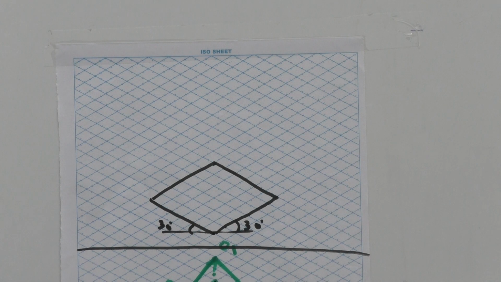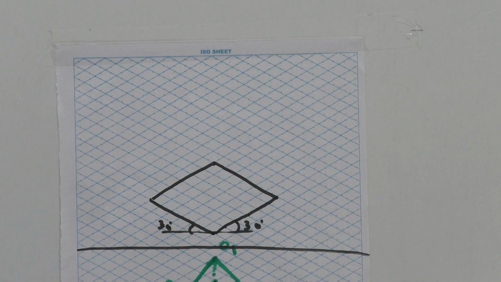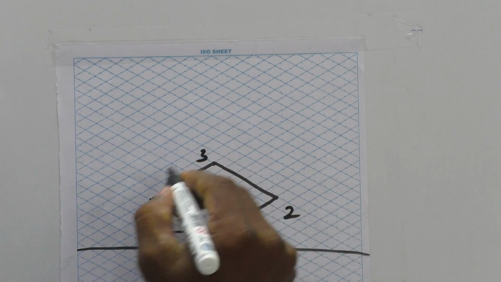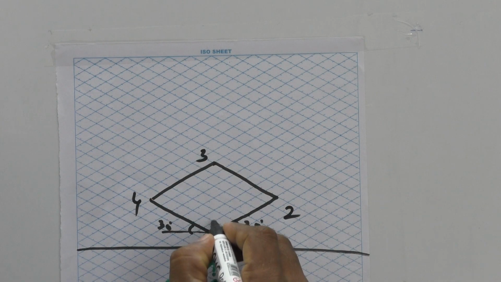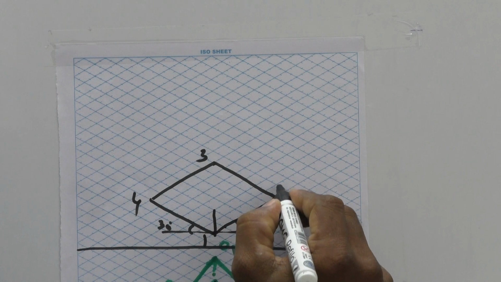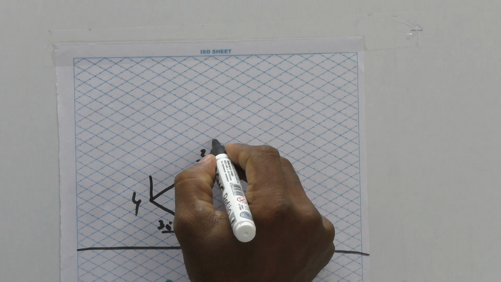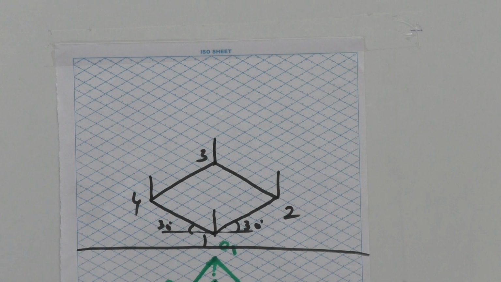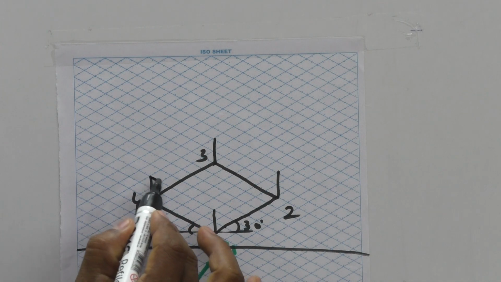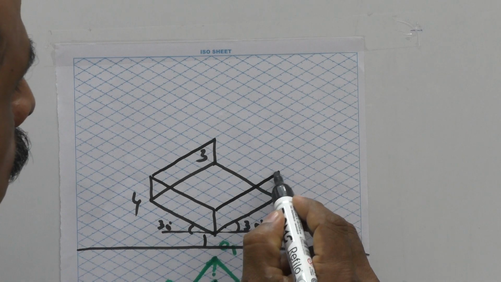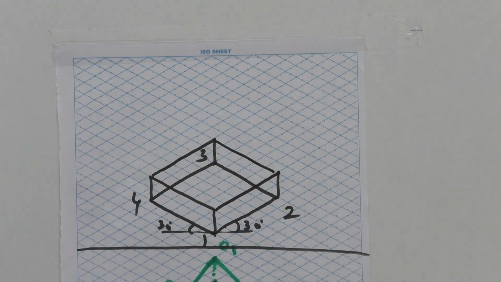Now the base side of the square block has been finished. Only the top side you need to draw with a height of 20. That means from each corner you take a height of 2 box. So for example, this corner is 1, 2, 3, 4. From here 2 box, from here 2 box, from here 2 box, similarly here 2 box. Same, since it is a square, you redraw once again 6 blocks, 6 blocks, 6 blocks. You get one more top face of your square block. You will get this kind of a nature.